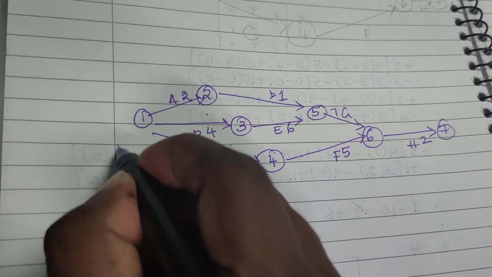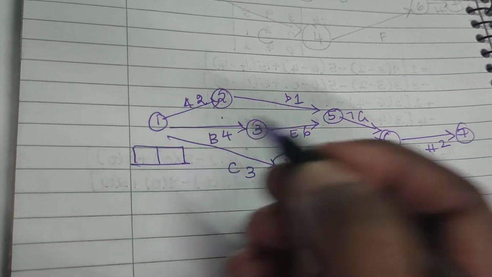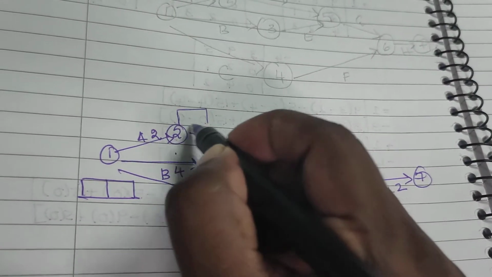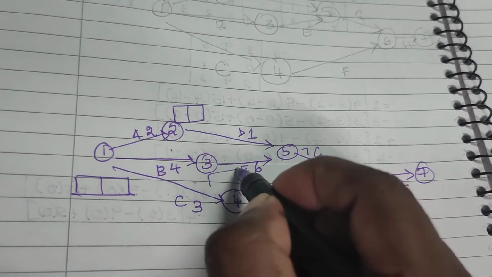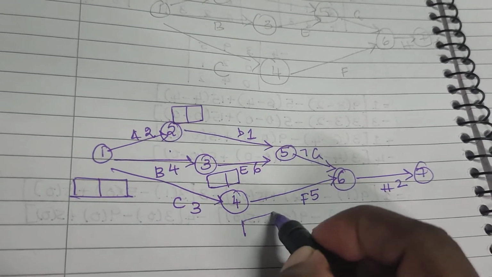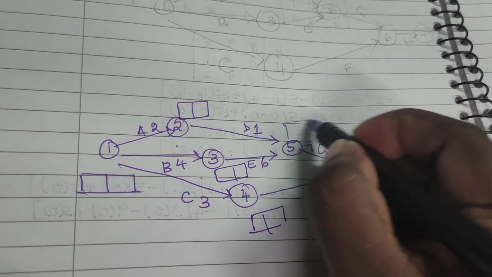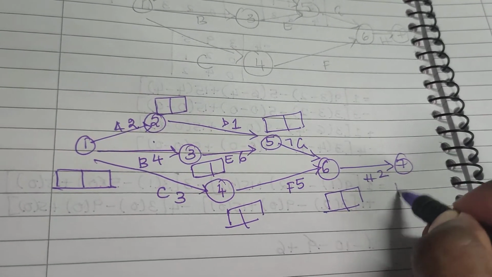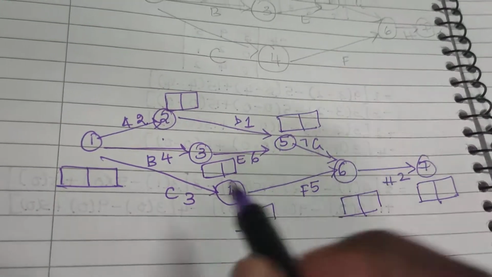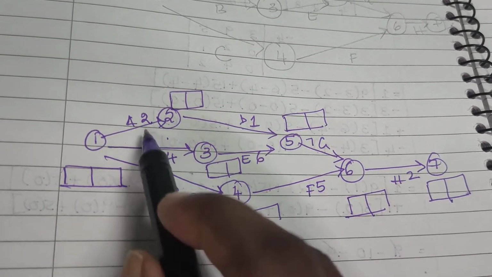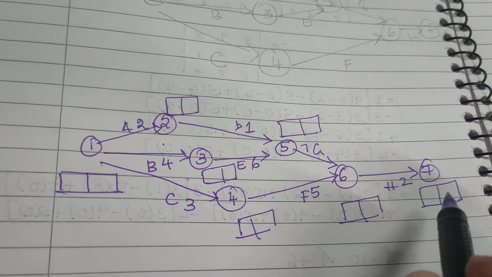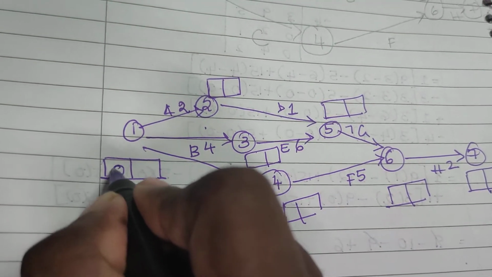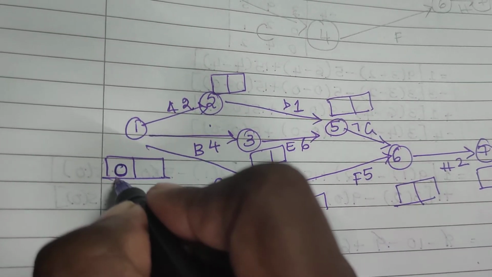Now again, if you have looked at my CPM diagrammatic representation, you will know that I draw 3 boxes of L, E and then slack. Now here I don't need a slack, so I am not going to use a slack box. So I have drawn boxes for all the nodes 1, 2, 3, 4, 5, 6 and 7. Now I am going to start. Starting as usual, 0. For 1 it is 0.